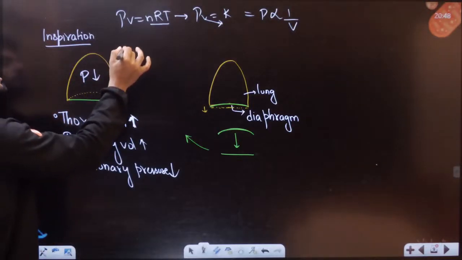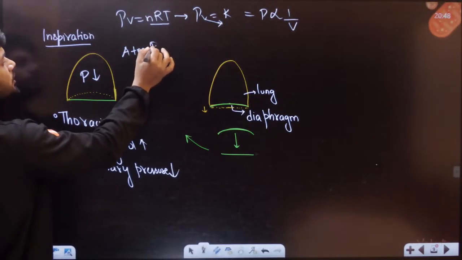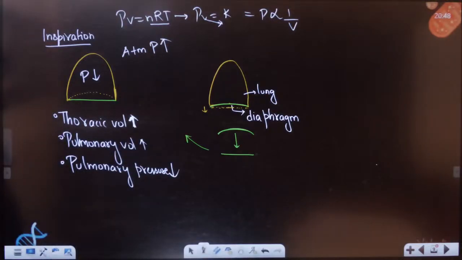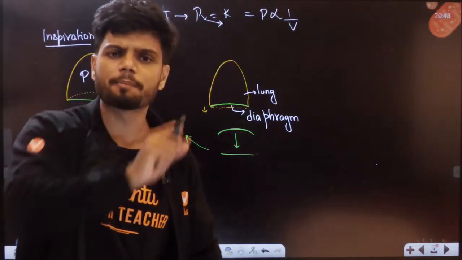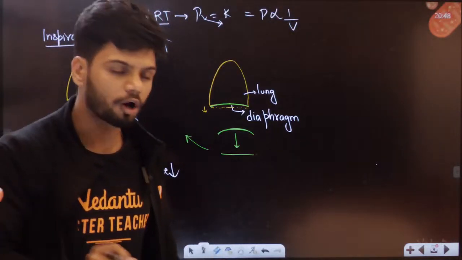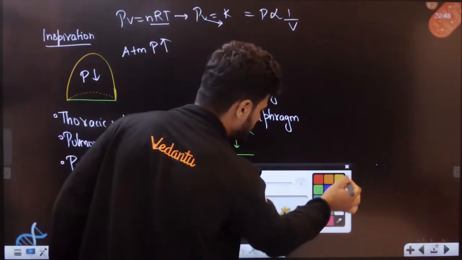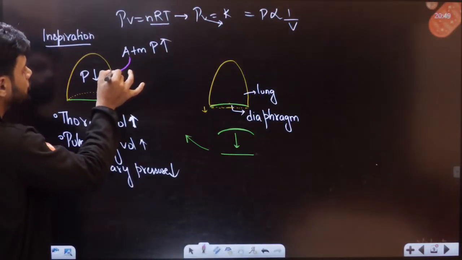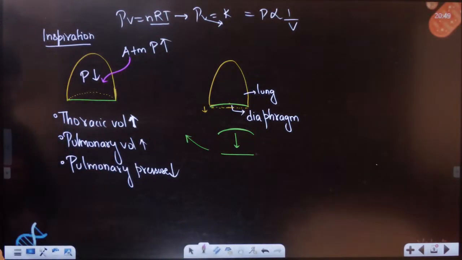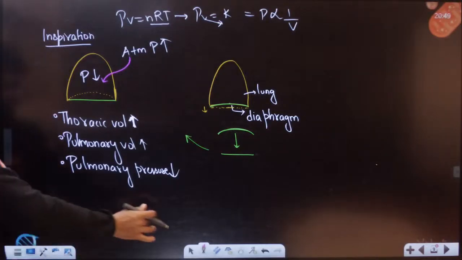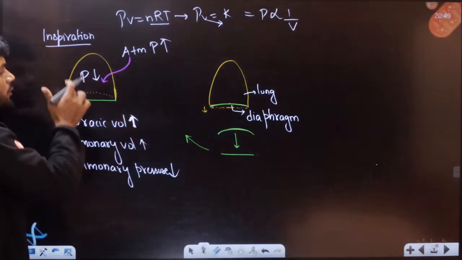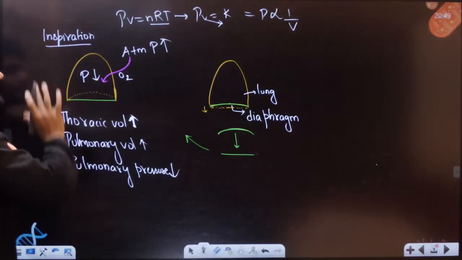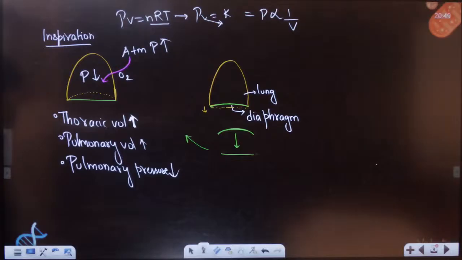Now, what about the atmosphere? Atmospheric pressure is very high. Now, all of you tell me, students, how do gases move? Will the gas move from high pressure to low pressure, or low pressure to high pressure? The gases will always go from high pressure to low pressure. Yes or no, students? So can I tell, because of the negative pressure inside, the oxygen is entering inside now? Oxygen is entering inside, students. Yes or no?